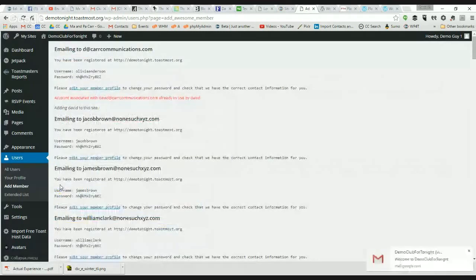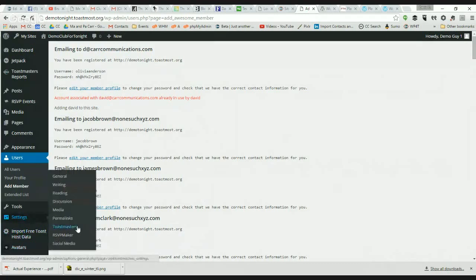All right, so they should all get an invitation message to come in and log into the website for the first time. Now, if you're just testing, maybe you just want to pick out the information about your officers and import that, and have your officers play around with it for a little while before you decide whether to invite everybody else in. But either way, it is something that you can do to get things kickstarted.